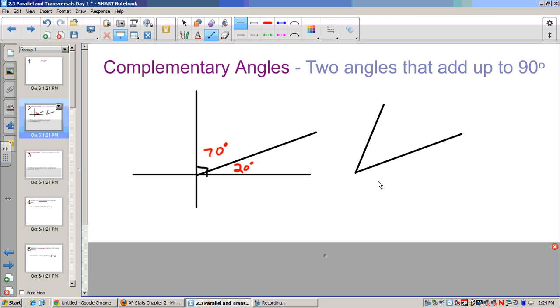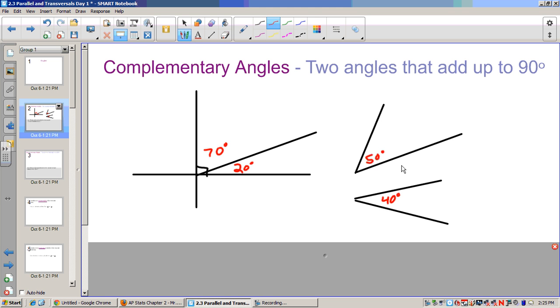We could have this angle and say this angle, and say this is 50 degrees and this one is 40 degrees. And because these two add up to 90, we would say they are complementary, just like these two add up